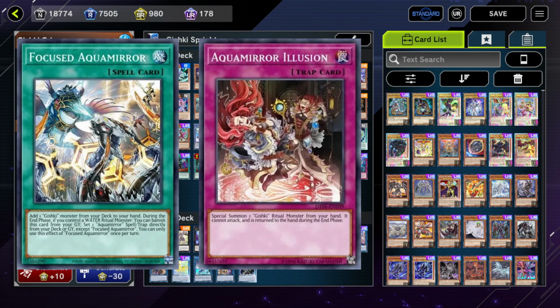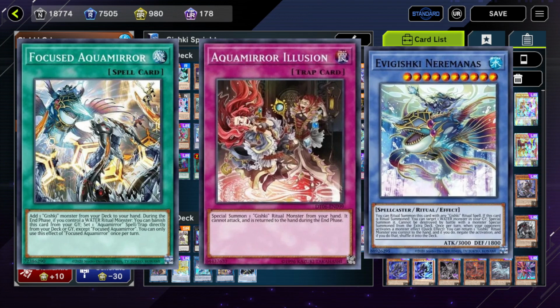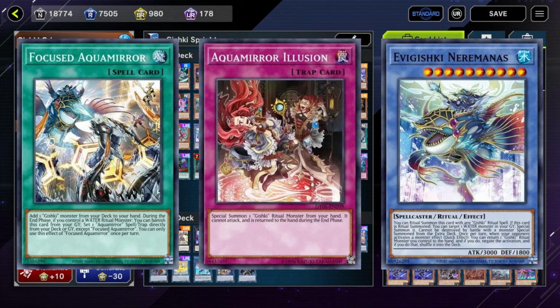to set up, where this trap card allows you to special summon 1 Gishki ritual monster from your hand, but then return it to the hand at the end phase. Well, if you recall Naramanis' effect, when she negates an opponent's monster effect, she's going to return herself to hand. So from there, we can then use that illusion to instantly put Naramanis back onto the board, and from there we can then negate another monster effect from our opponent with Naramanis, as Naramanis' effect negation is a soft once